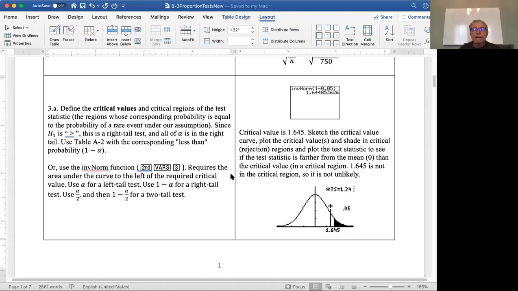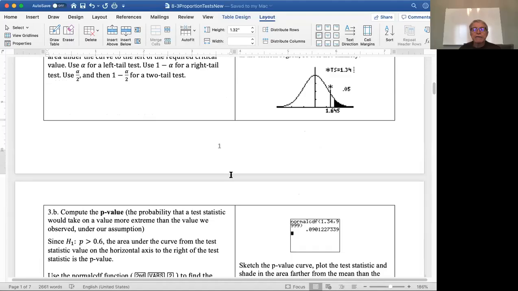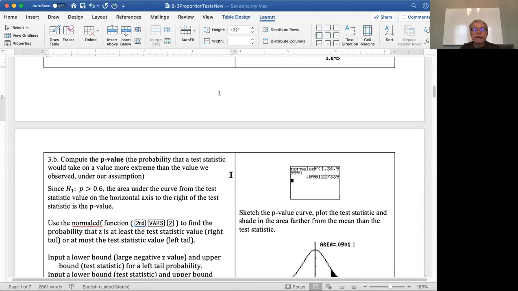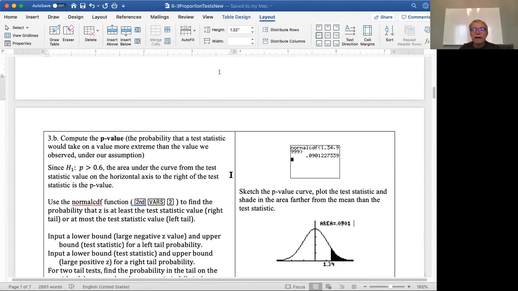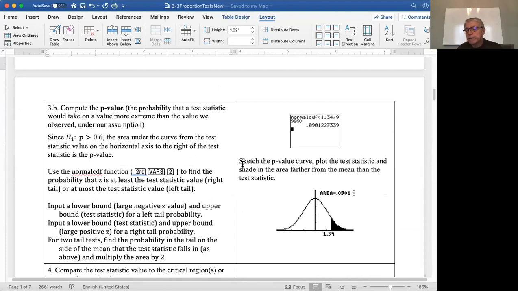And now let's look at the other method in step 3, and that is calculating the p-value. And the p-value is a probability. Remember, the probability of observing a test statistic that is more extreme, which means farther from the mean, than the one that was observed in the test statistic. So basically what you would end up with is finding the area underneath the curve farther away from the mean